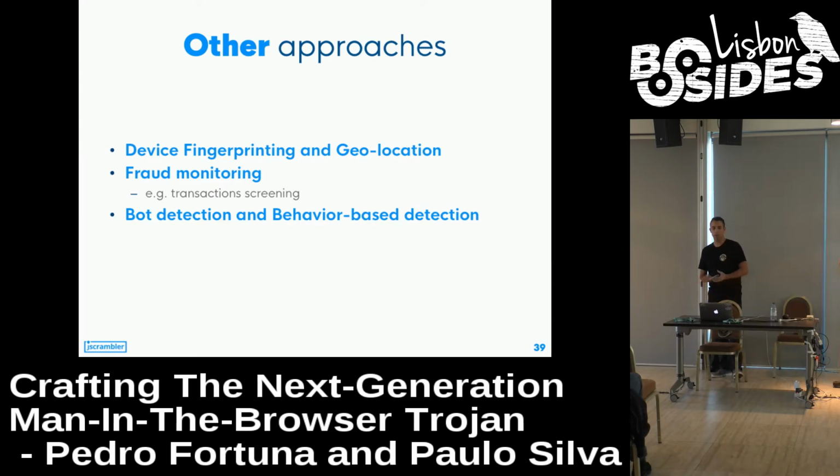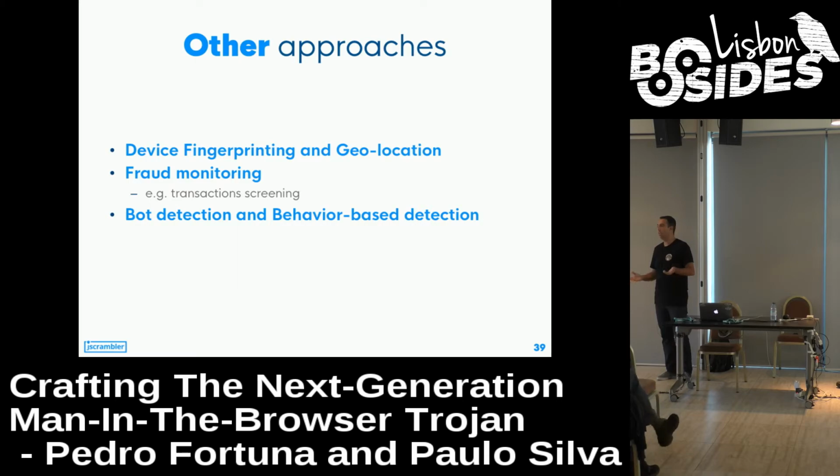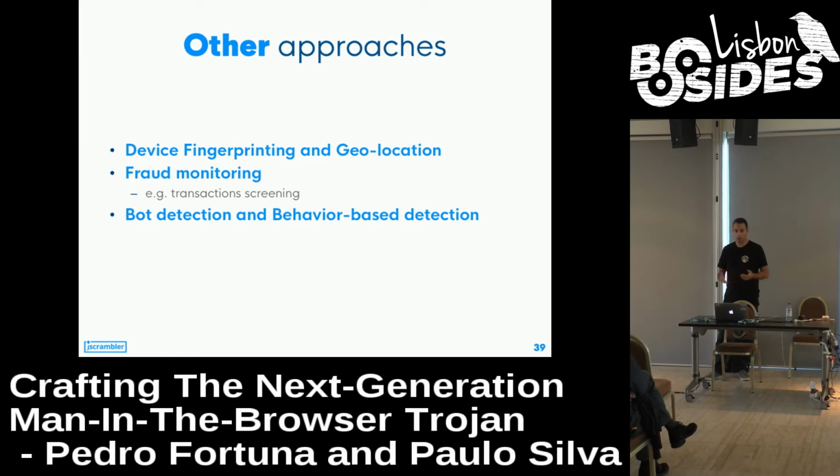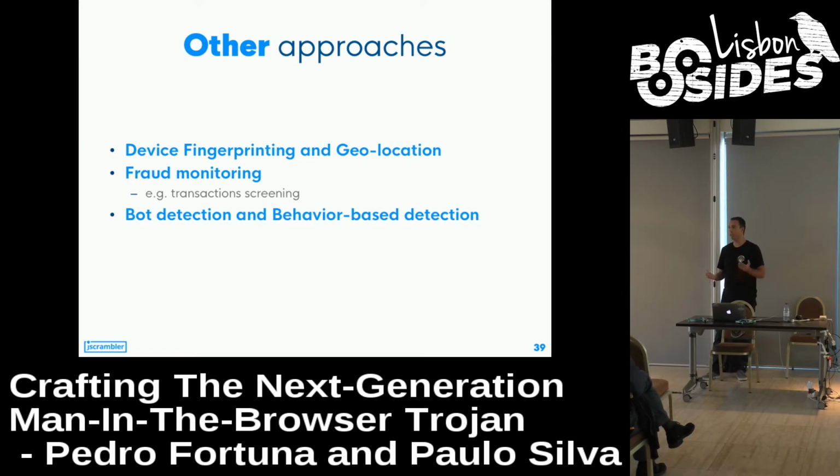Okay, so one of the solutions is device fingerprinting and geolocation. They don't work against man-in-the-browser type of attacks because the user is using his device, and it's probably accessing the web page from his usual location. So there's nothing that you can gather from using this type of techniques. Fraud monitoring might work in some cases,